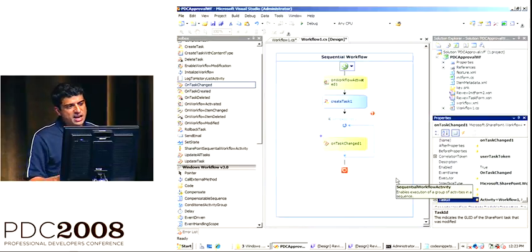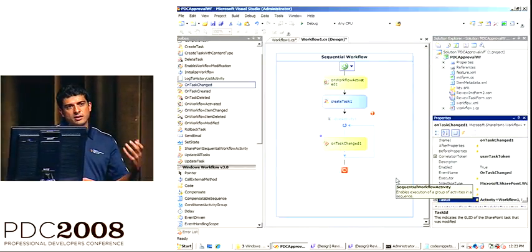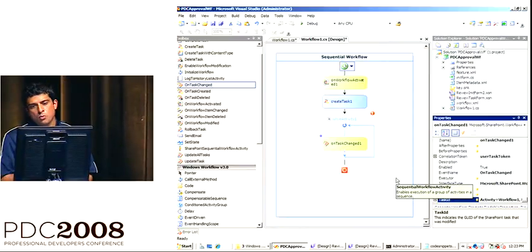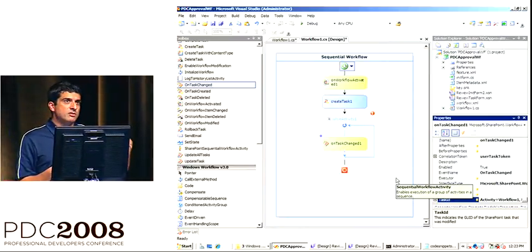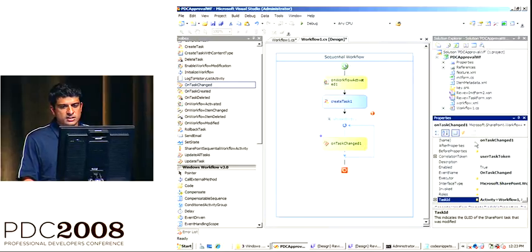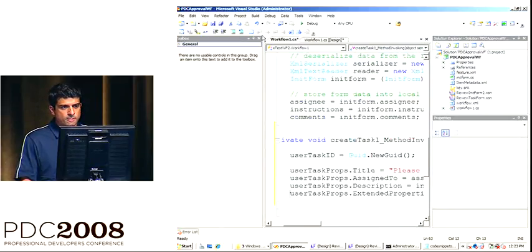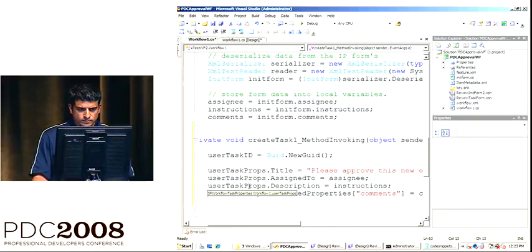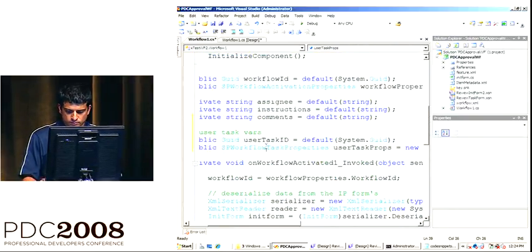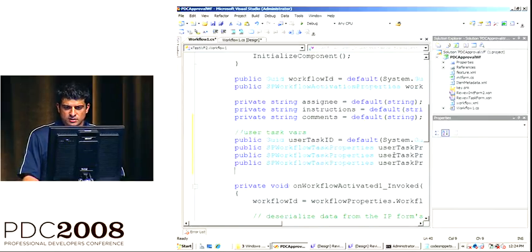Now, because I actually want to see, hey, is the task finished, I need to get the results, essentially, the current value of the task. And we have two more task property bags where you can look at the state before the task was updated and after the task was updated, so that you can check if it was changed from this to this. So you can see here are the properties, after properties and before properties. And so I just need to define two new SP workflow task property variables. Just going to copy that and just say,